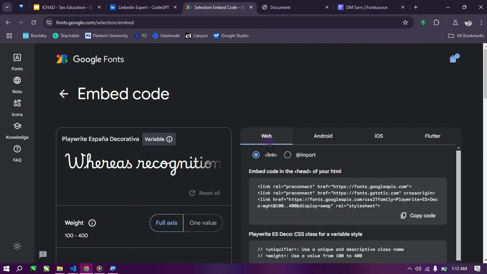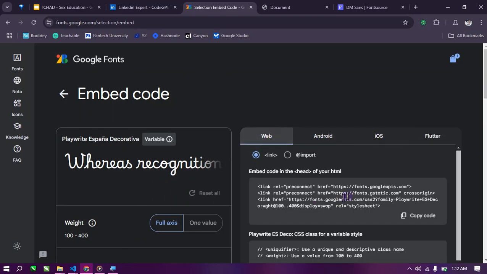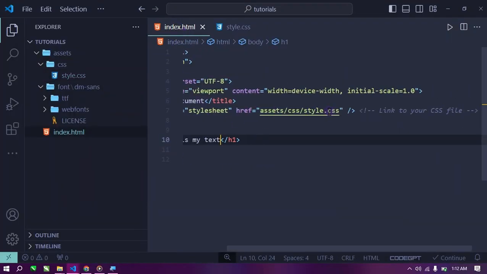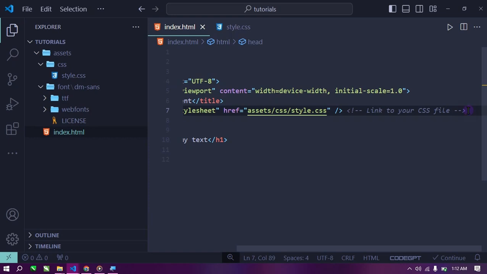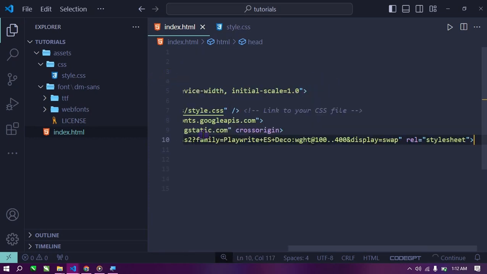If I'm using the web, say I'm doing web. If you are using Android, you are doing Flutter, iOS. For now I'm doing web. There are 2 ways to even do this web. We have the link and we have import. To link, all I need to do is copy this first and go to my index.html. I'll come to my head tags here and paste this,